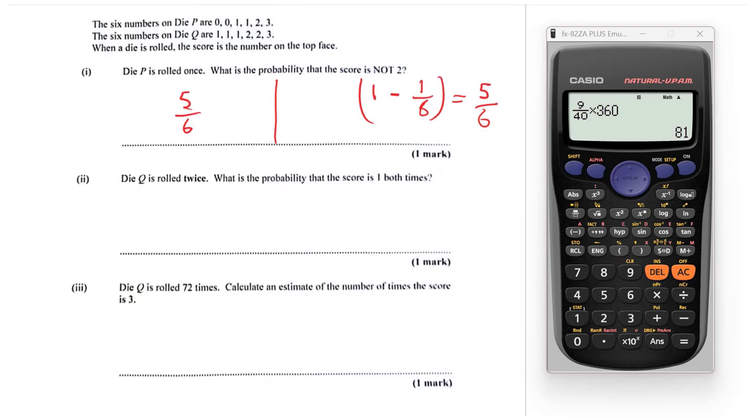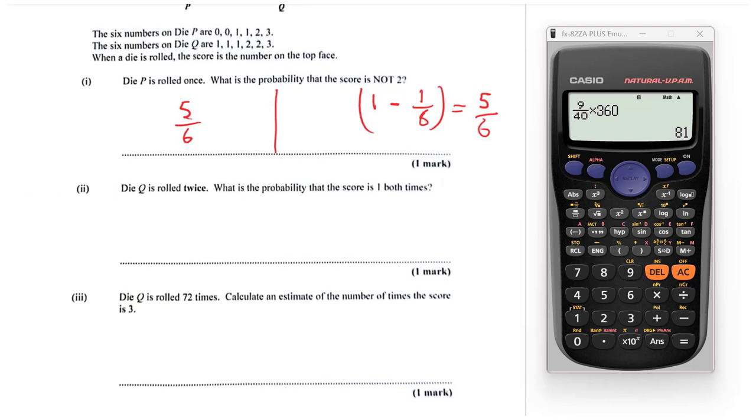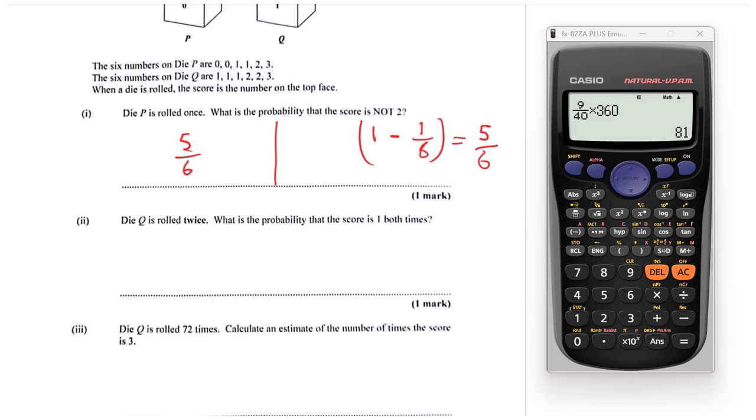Let's look at the next part. So die Q is rolled twice. What is the probability that the score is 1 both times? Now, in order for me to better explain this question,